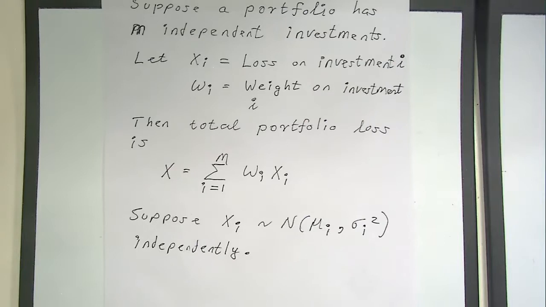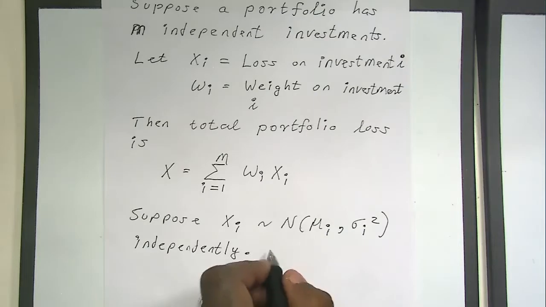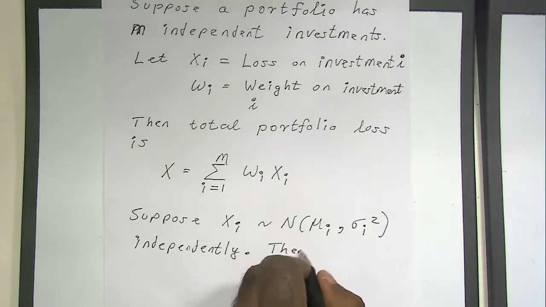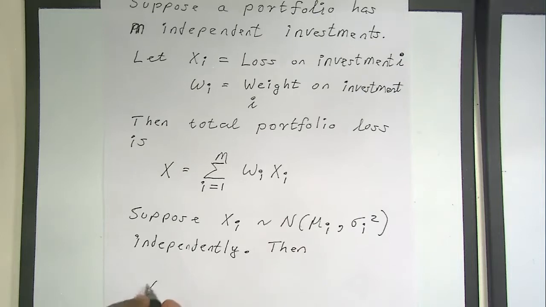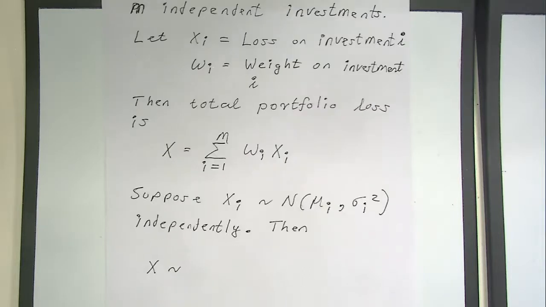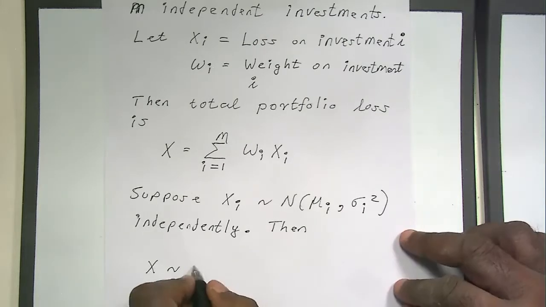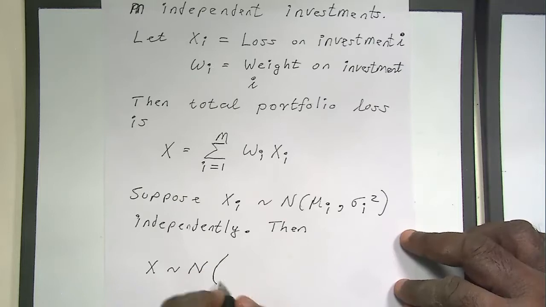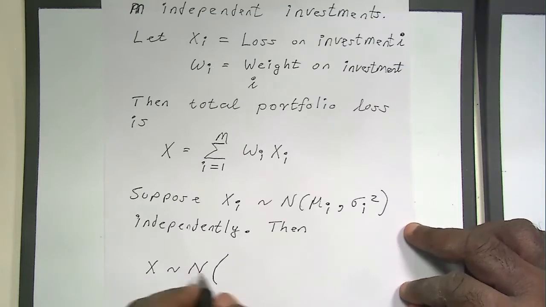Okay, suppose Xi, being the loss on investment I, has the normal distribution with these parameters, right? Then what can you say about the distribution of X? If you've done statistical methods, you will know the answer. What is the distribution of X? It will be normal too, with parameters